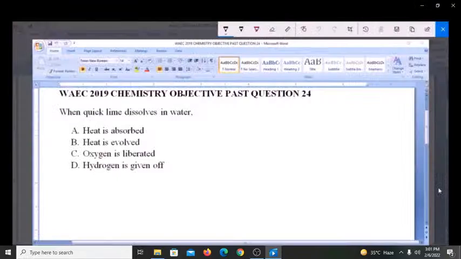Hello, I'm going to be answering WAEC 2019 Chemistry Objective Past Question 24. When quicklime dissolves in water, A. Heat is absorbed, B. Heat is evolved, C. Oxygen is liberated, D. Hydrogen is given off. Now, first things first, what is quicklime? Now, quicklime is the compound calcium oxide,